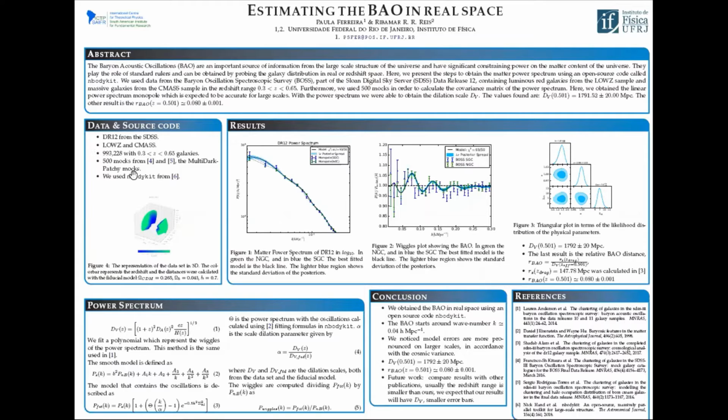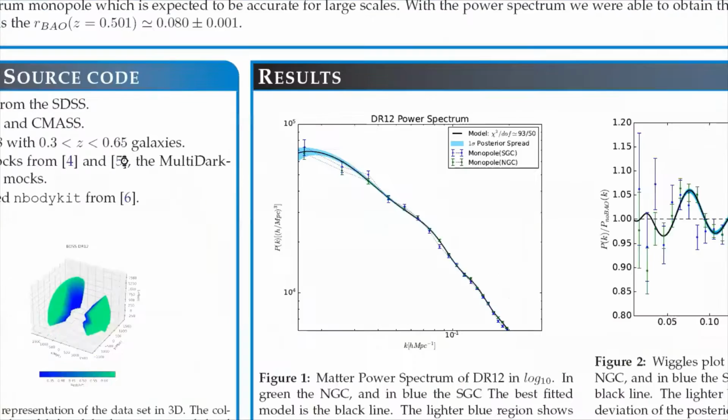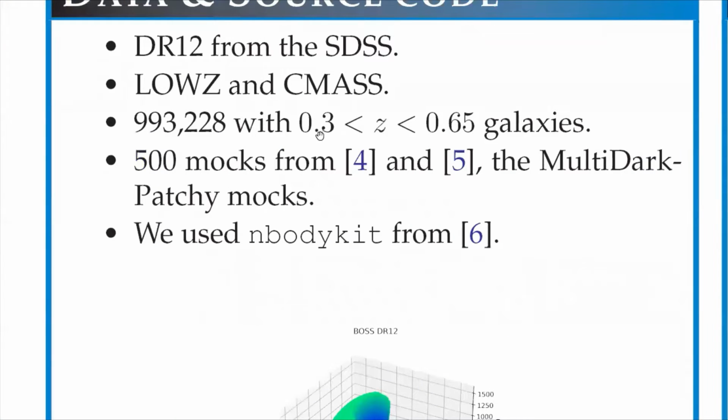And the data, which is basically the LOWZ sample, is made out of over 990,000 galaxies, from redshift 0.3 to 0.65. We also used 500 mocks to compute the covariance matrix and fit our data to a model. And the estimated power spectrum and also the model were computed using the nbodykit open source code, which is available